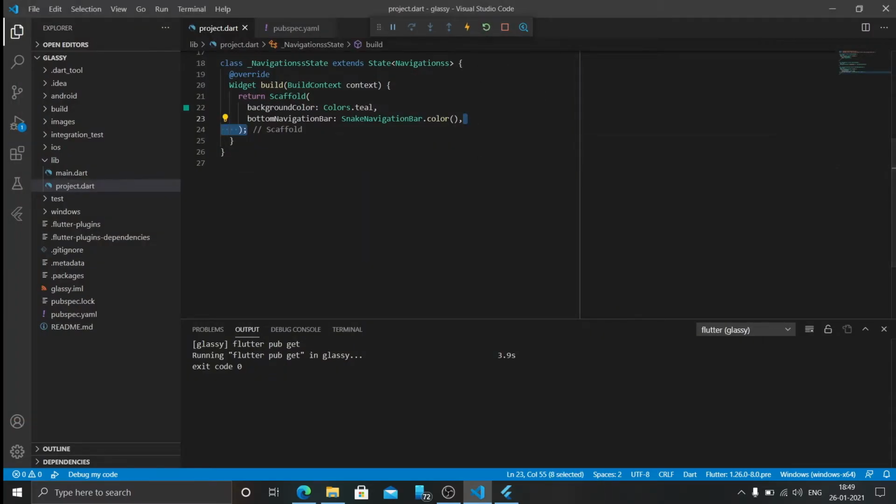Okay, I got an error. What is a navigation bar without any items? So let's add a few items to it and then try again.